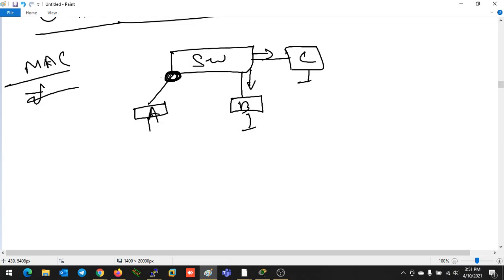This is also an important thing in a switch. In many interviews you can get this question. They can ask you, what is unknown unicast flooding? Again I am telling, if the switch is receiving a unicast message and doesn't have information about the destination MAC address in the MAC address table entry, then the switch will send the same message to all the ports beside the port from where the data has been received, or it will flood to all the ports. So this is known as unknown unicast flooding.